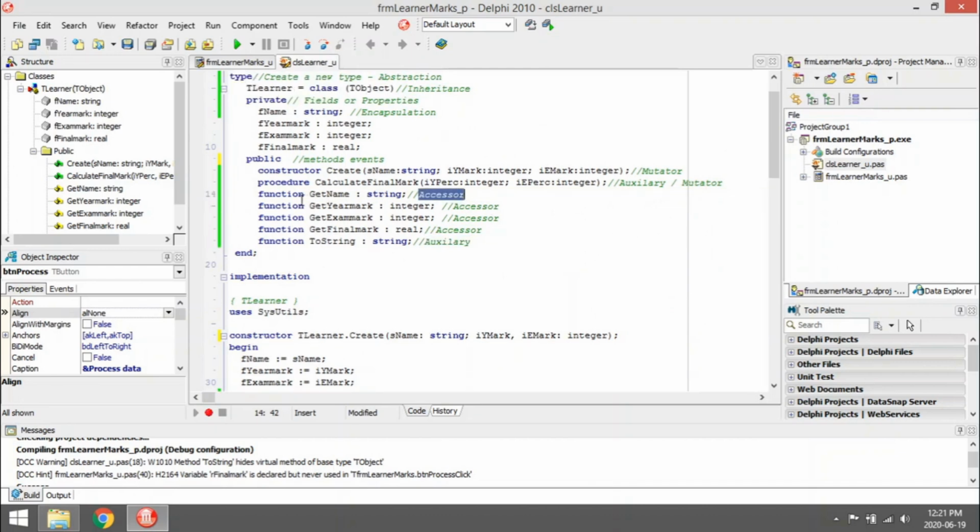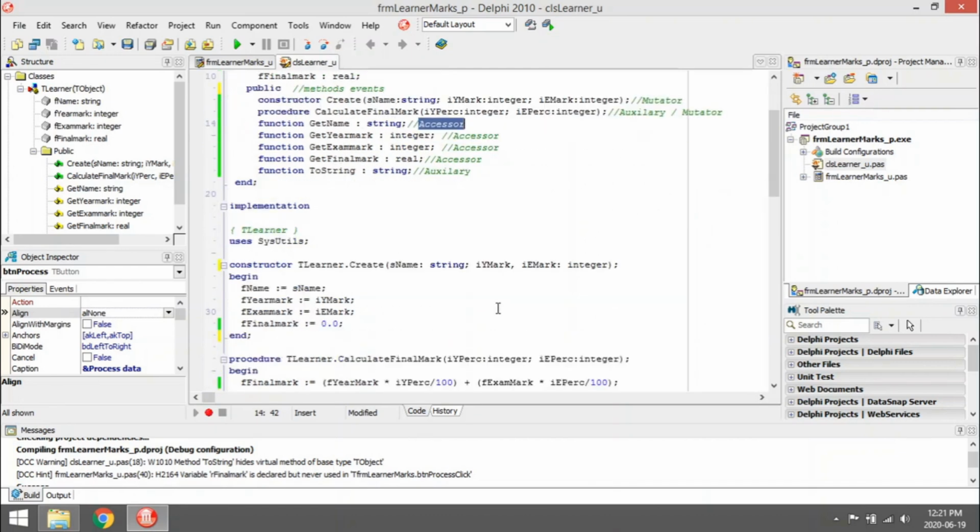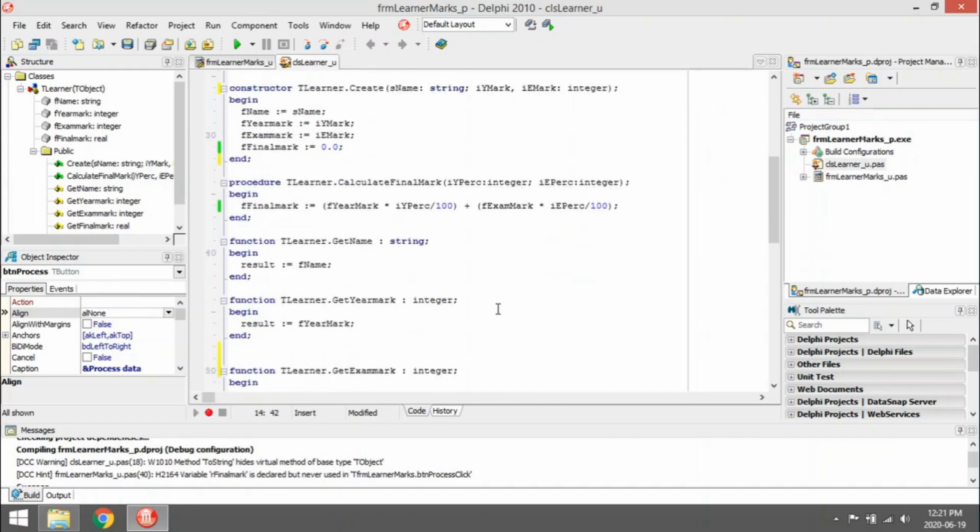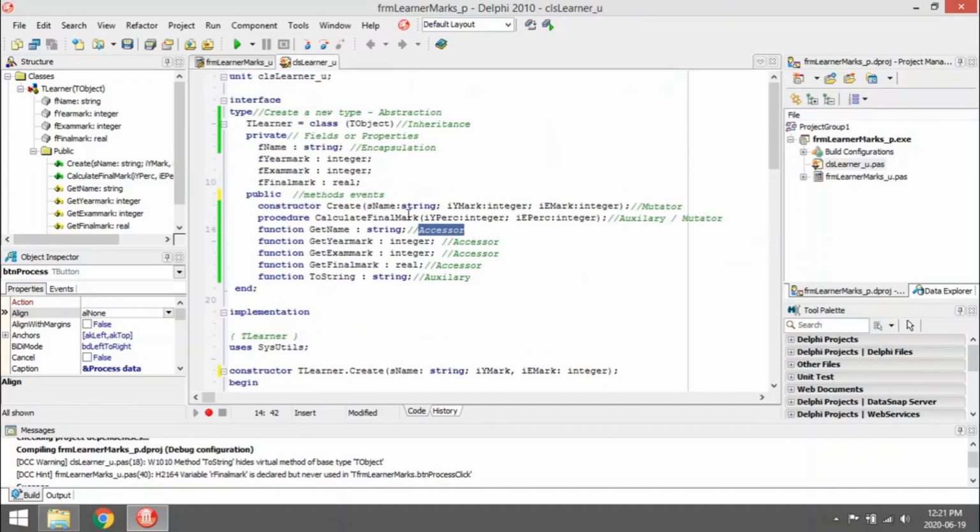Then accessor is a function or a method that will only send back one of the fields for you. Okay, so because these fields are private and hidden from the rest of the program, you are not allowed to access them from the main unit. So if you want to get the values under private, you must write a function to go fetch it for you.